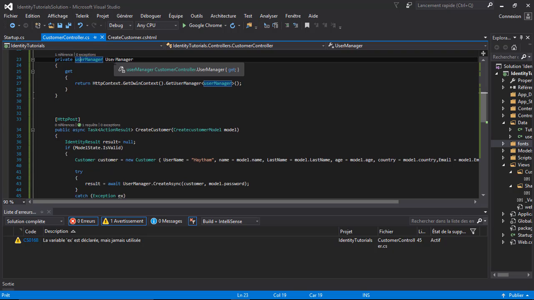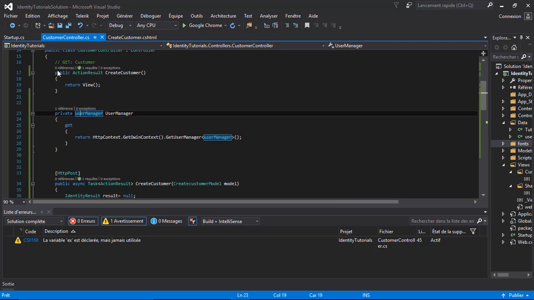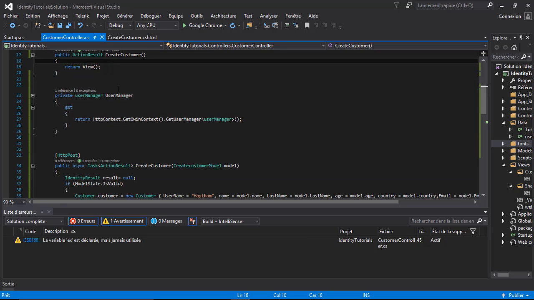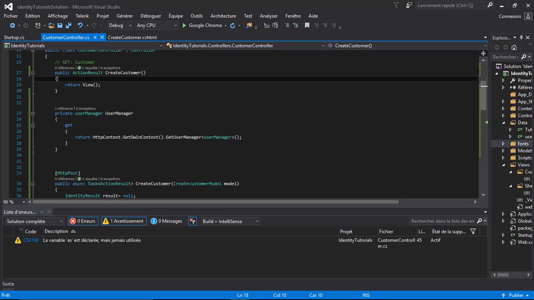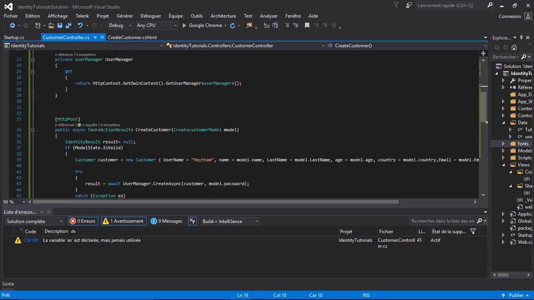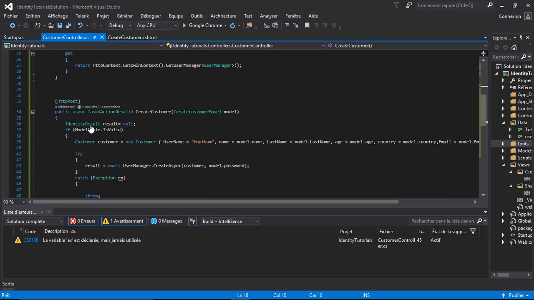Like I told you, it allows us to manage users by creating, deleting, finding, insertion, etc. So this is our controller. It contains a get action that returns the view that contains the form that will allow us to create our customer, and this is our